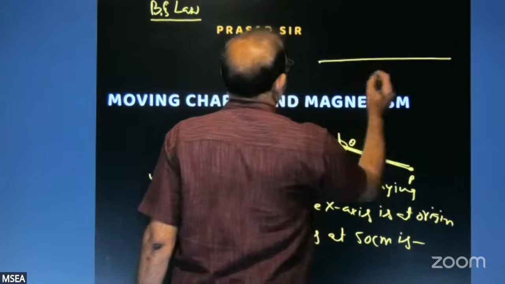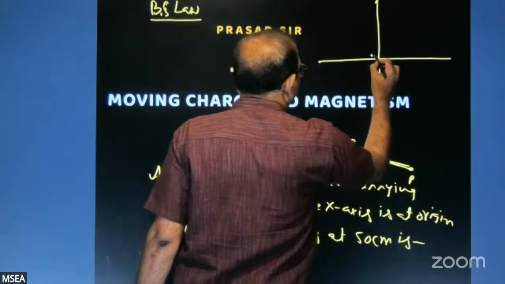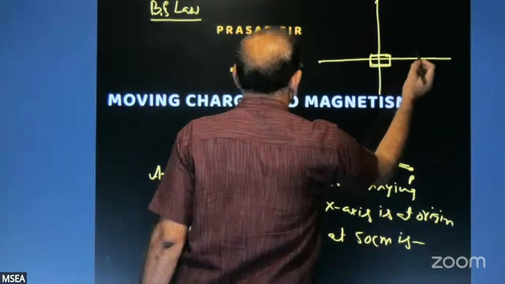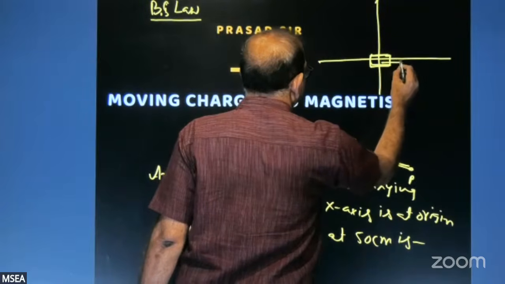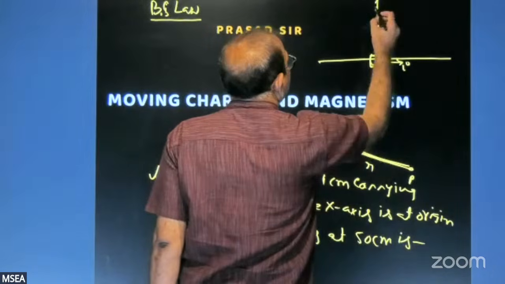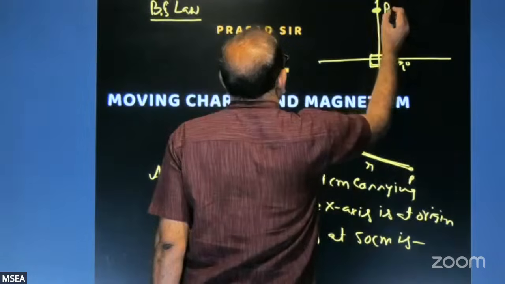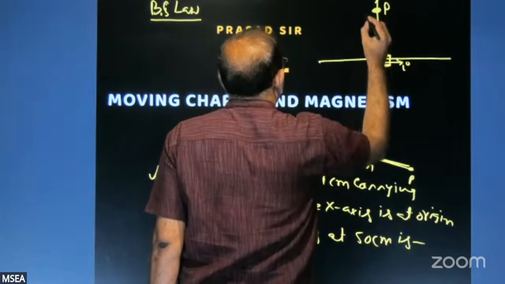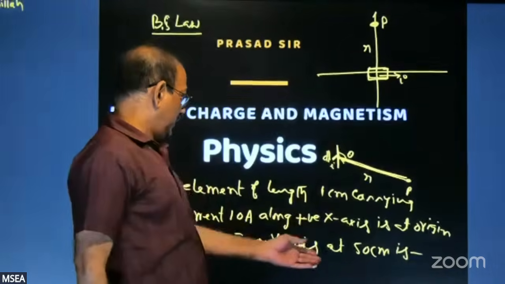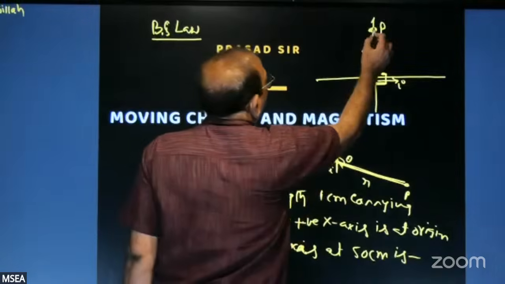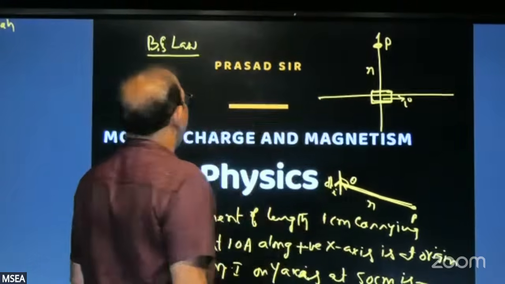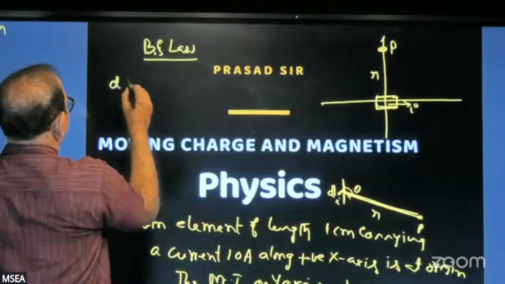So this is x-axis, this is y-axis. At origin, a short element of length 1 centimeter is there. This short element is carrying current along positive x-axis in this direction. The point where magnetic induction we need to find is on y-axis. Its distance from the element, R value, is given as 50 centimeter. Now, to find the magnetic induction at this point due to this small element, if you apply Biot-Savart law formula,